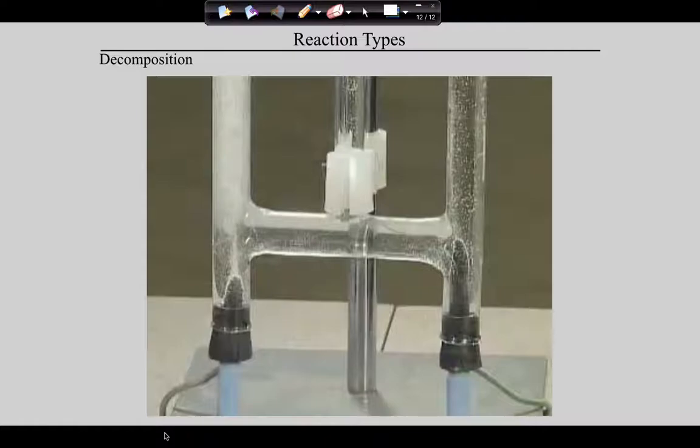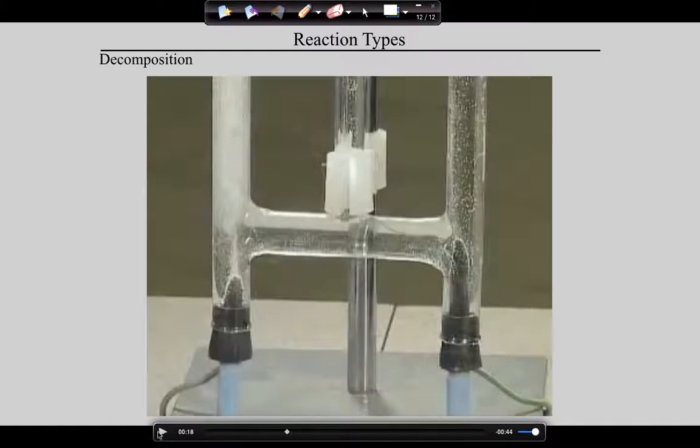Why does the H2 go left? Because hydrogen is positive and it's attracted to the negative pole of the battery. And you can actually see this. Not only can you see that one is bubbling twice as fast as the other,